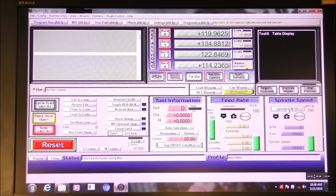And I can tell by the sound of that, probably not enough for that tool, probably want to give it a little bit more grunt. So what you can do is, in this window here, highlight it, and we're going to go 12,000, press enter, it'll go to 12,000, highlight it again, press 14,000, press enter,